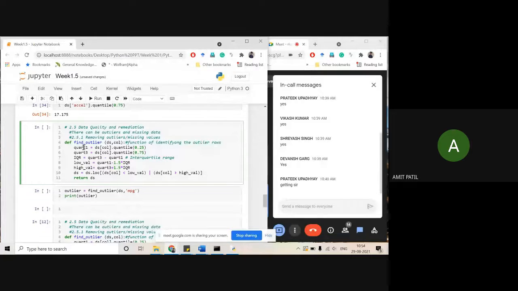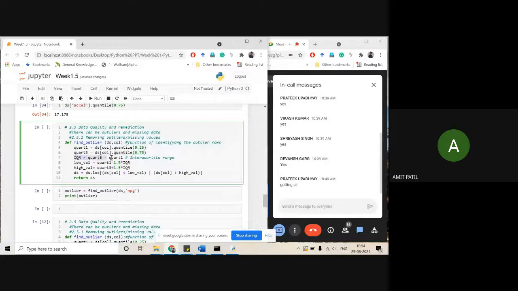From the ds data set we are calling the column or variable and performing the 25th percentile operation on that variable. Similarly we are computing the third quartile, that is 0.75 of the distribution.